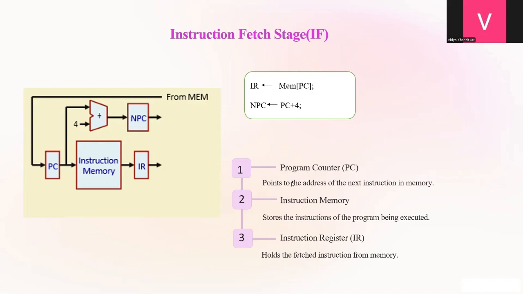The program counter points to the address of the next instruction in memory. Instruction memory stores the instructions of the program being executed, and the instruction register holds the fetched instruction from the memory. So next stage,